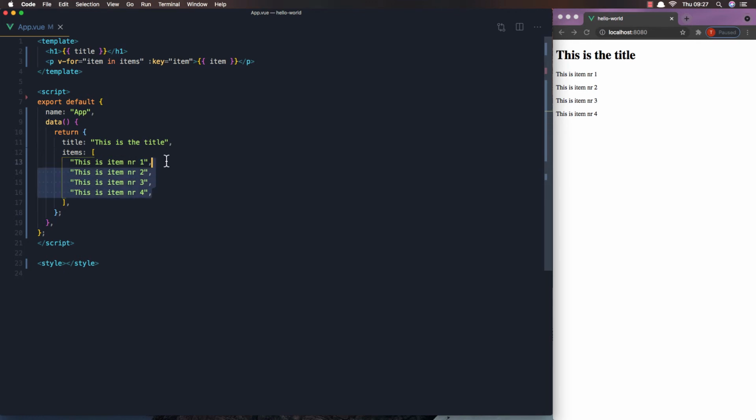I'm going to change this and make it an object, and I'm going to add an ID 1 for this, and name or title, and paste it here, and copy this and paste for the others, change this to 2,